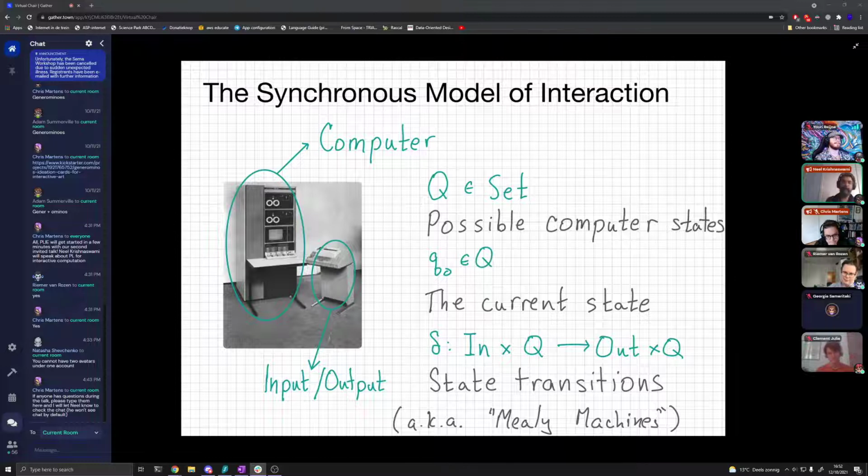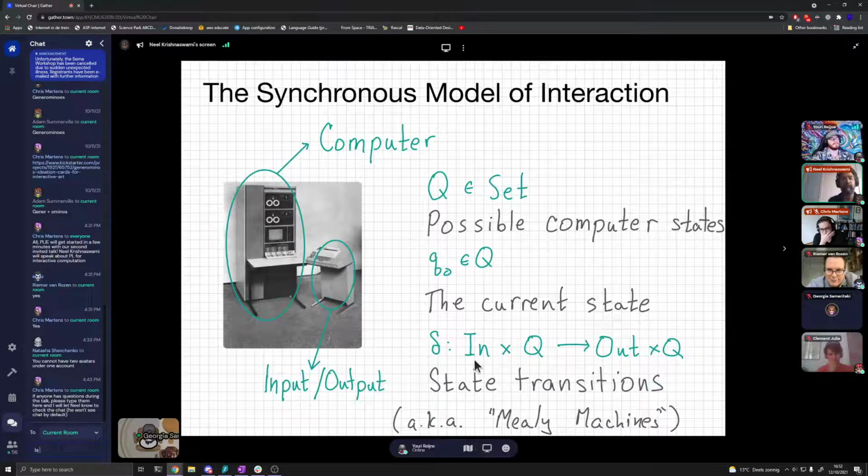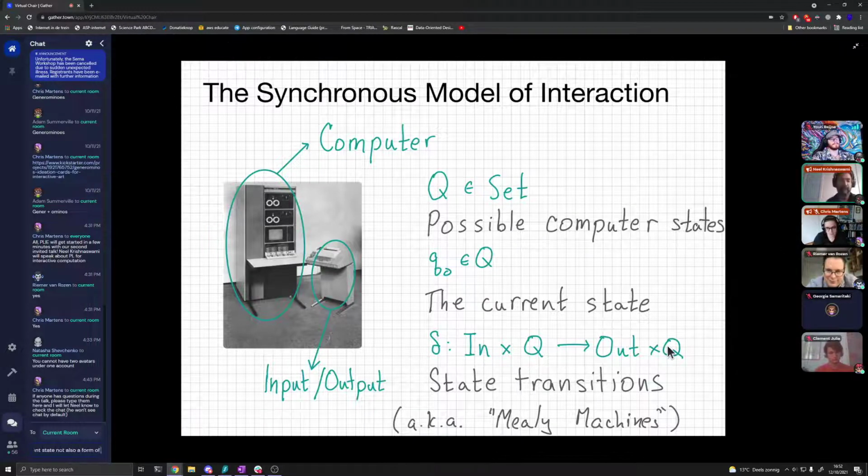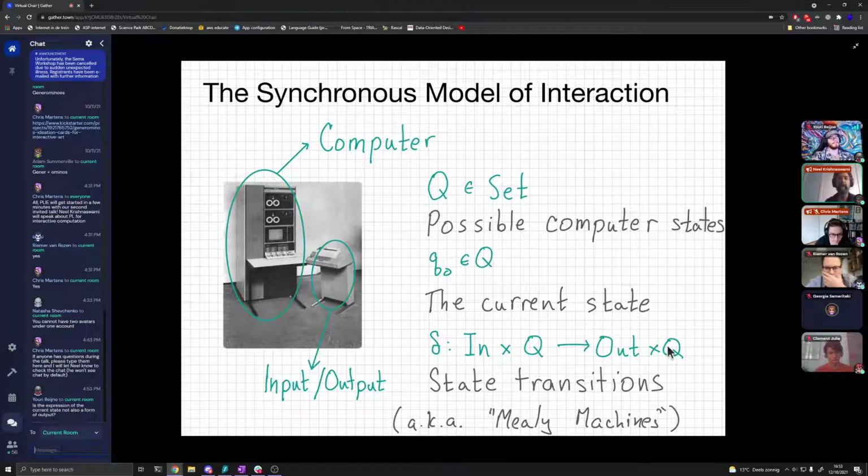And now here you can see the shadow of the original input to output model, where we still are getting inputs as the input to delta, and we're still getting outputs, but now we have this state that we can use to see how the input is transforming the current state of the computer. So every time you give the computer a command, it'll match that against its current state, and it's going to produce an output along with an updated state. And so this model of...